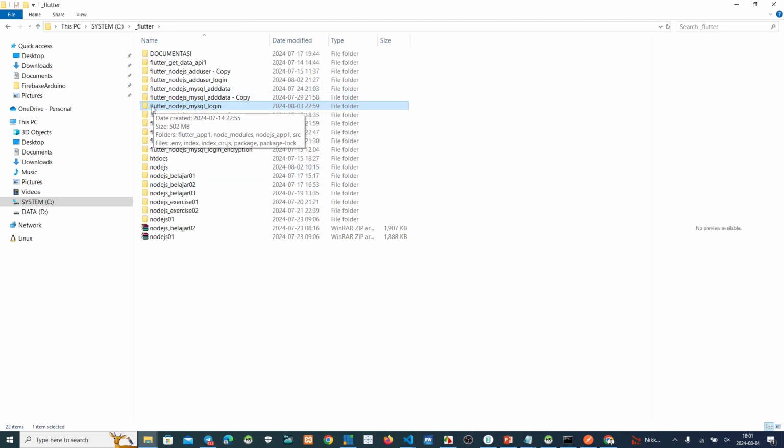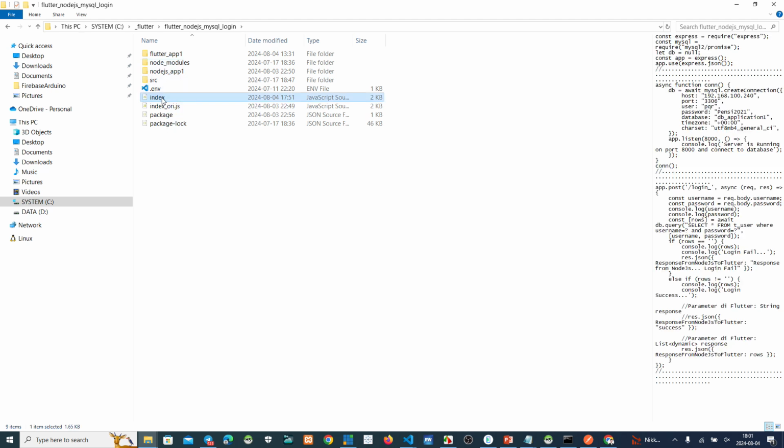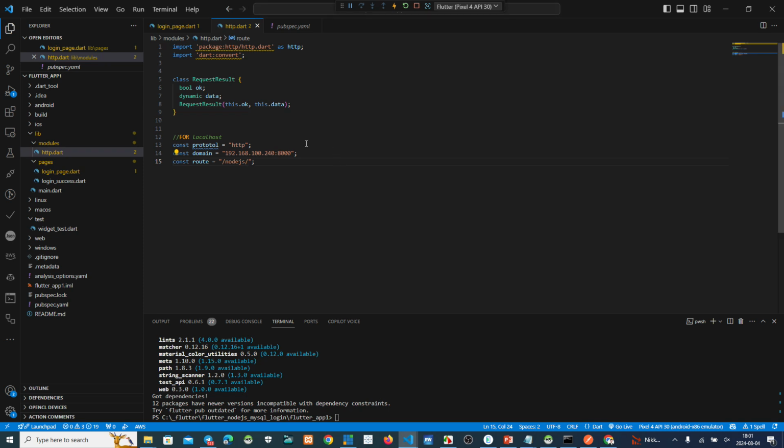Okay, this one, Flutter Node.js MySQL login. Okay, click here. If you use your server script on this project root directory, you must make here on root directory, just remove here, just this one. Okay.